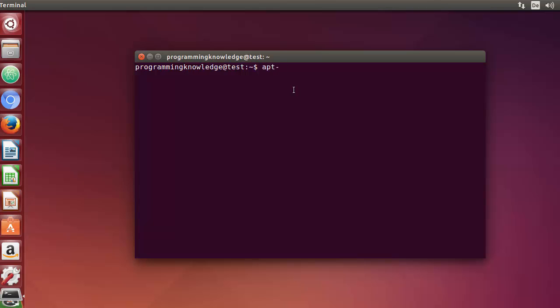Because you need super user privileges to use the apt-get command, since you are installing on your system, you just need to use sudo before your apt-get command. Now there are a bunch of commands which you can use with apt-get, and the first is the command called update. Okay, so apt-get update. What this command is going to do is resynchronize your local package